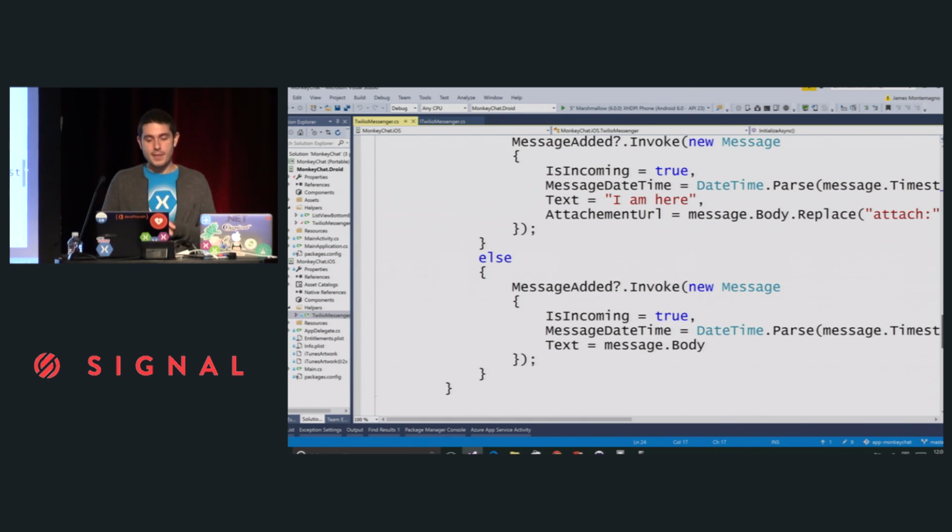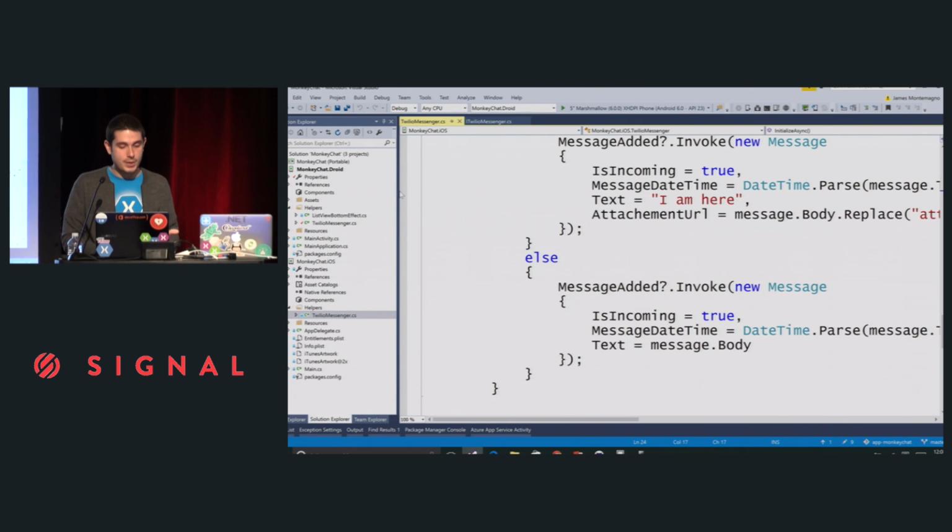There's some ways to even get that a little bit better. From rumors, talking with some of the people here at Twilio, we're actually going to make this a fully cross-platform API, and I'll update the sample as the SDK evolves. So that's kind of my platform-specific code. That's all I had to write in iOS and Android.